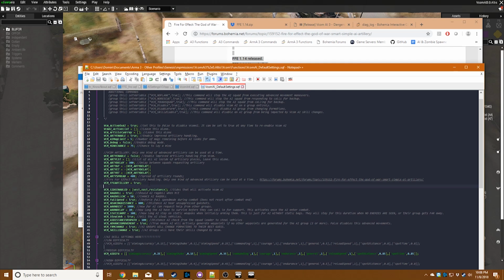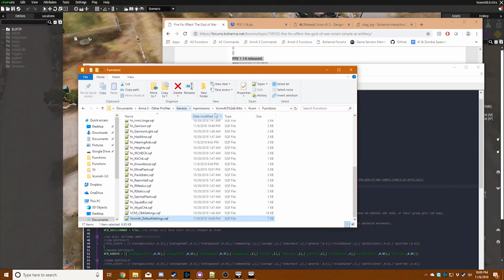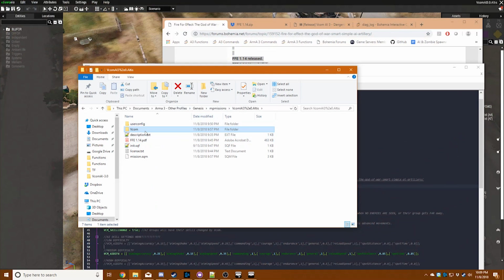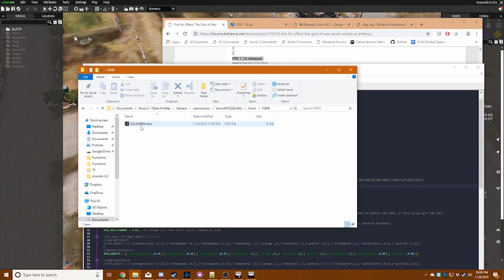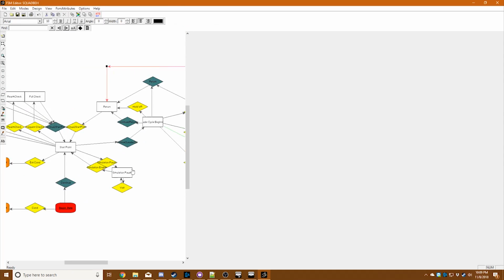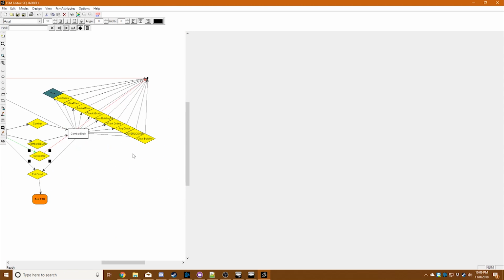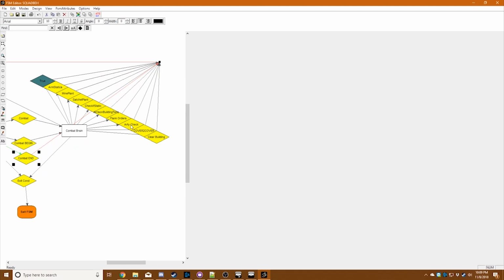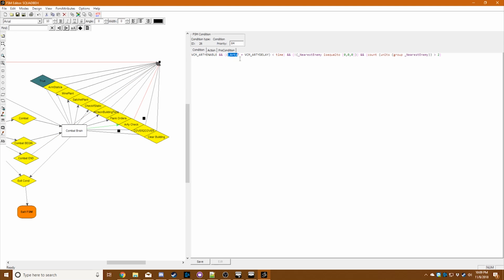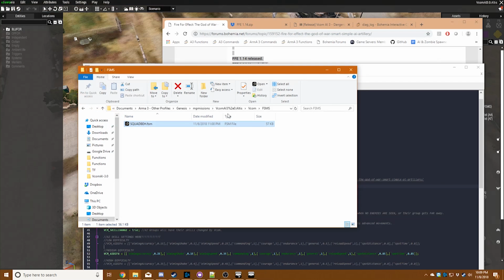Okay. All right. And that will disable Vcom's artillery on it. I really like that. And we'll mess around with that some more too. Let's see how that goes. Let's go and take a look at the FSM. Check. Yeah, perfect. And that's false there. So that's false and great. All right. With that said,